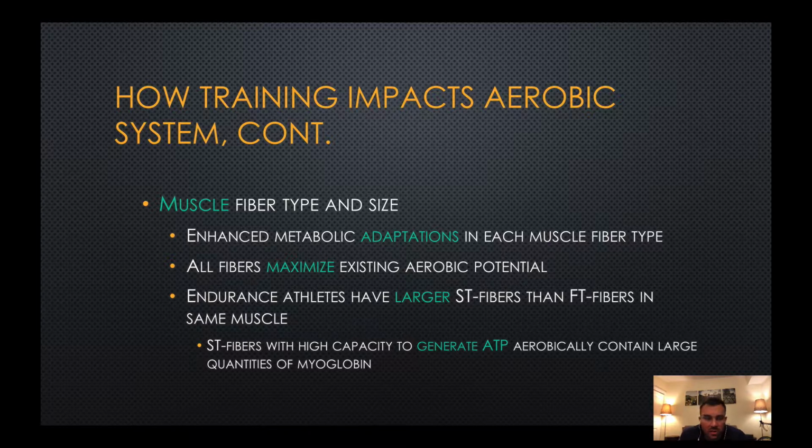In aerobic athletes or aerobic training, we see changes in fiber type. Most aerobic trained athletes or endurance athletes have larger slow twitch fibers than fast twitch fibers in the same muscle. Slow twitch fibers are great for being fatigue resistant, for generating ATP aerobically, contain a lot of myoglobin, a lot of aerobic potential within the slow twitch fibers. So you'll see that aerobic training will,